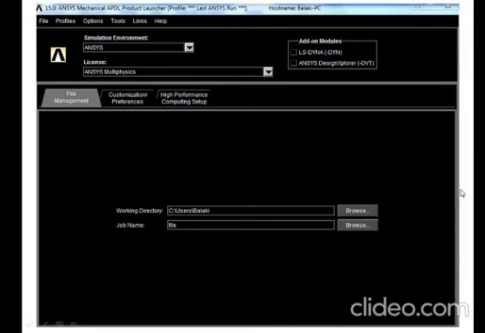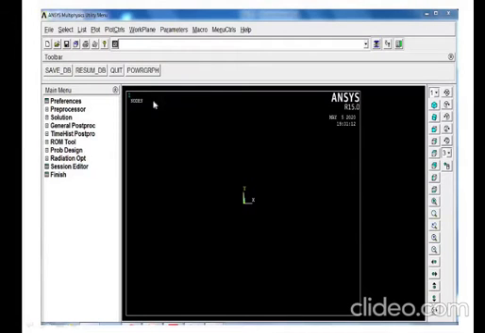This is the ANSYS product launcher. You can give the working directory and file name, then run it, and in the end you can go into the ANSYS module. This is the ANSYS introduction module. Here is the utility menu. This menu is called the main menu. This portion is called the view, where you choose isometric view, trimetric view, front view or right side view for what you are going to design. So this is the view model.